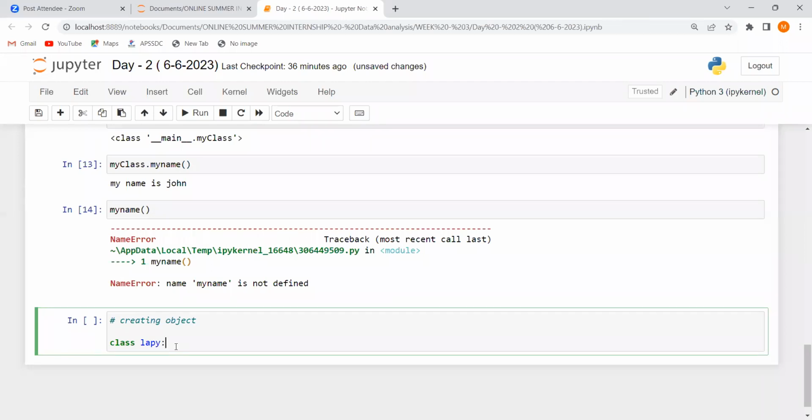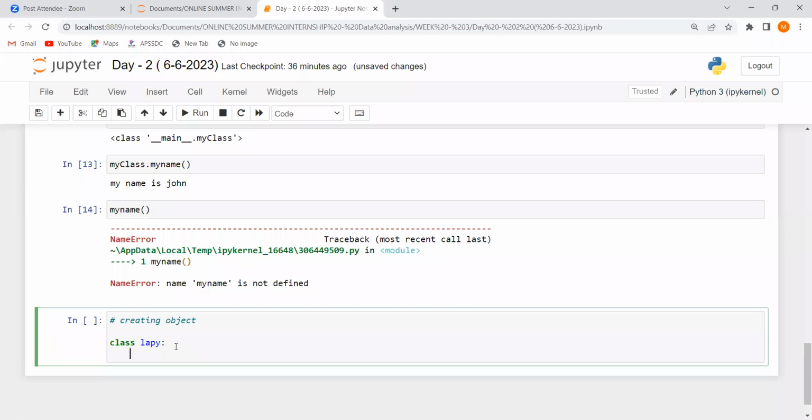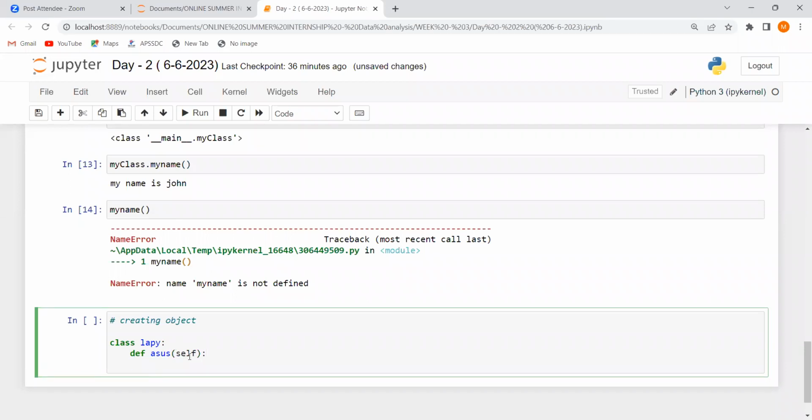So here I am creating a class called lappy. Inside this I am creating a method called access. Here I am giving self. Self is the parameter inside this method. And then I am writing a print statement like,